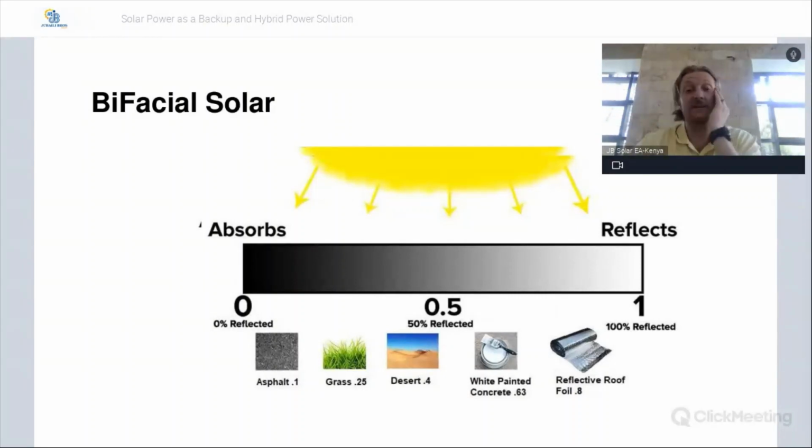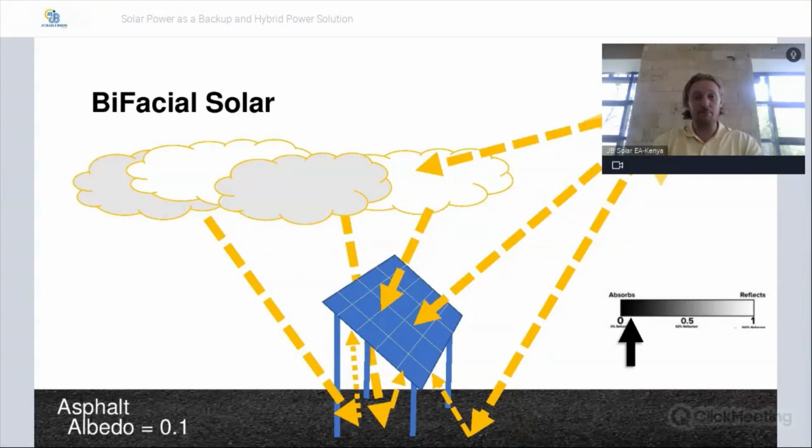You can increase the albedo with white painted concrete. You get 0.63. And among the best is reflective roof foil. There's special foil material that will reflect 80 to 90% of the sunlight energy. So the reason that's important is because if you look at this,